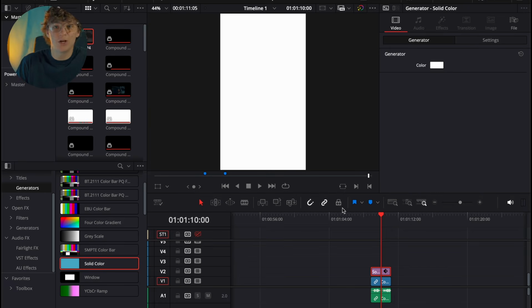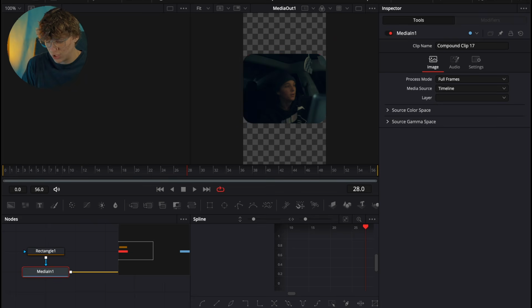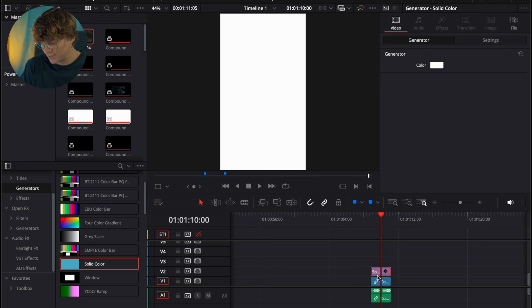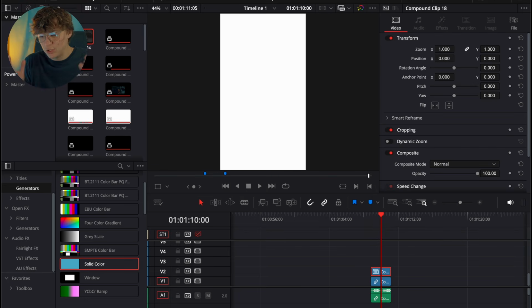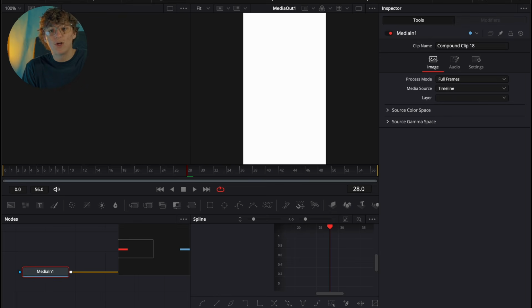And let me tell you why you're gonna create a compound clip for this, because you can't go into the Fusion page with a solid color, okay? So before you guys go out there and telling me whatever. So I'm gonna create a compound clip, and look, surprise, surprise, now I can go into the Fusion page and